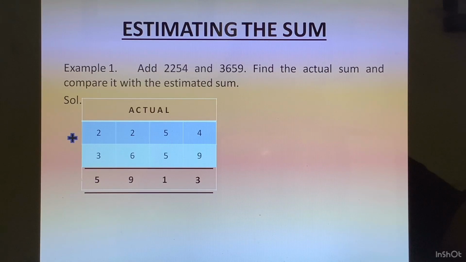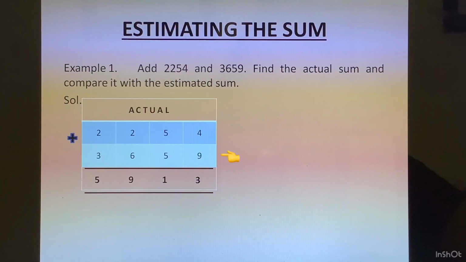Now we have to write the estimated amount. Now look at the first number, 2254. Here in this particular case, thousands is the leftmost place value. So we will just keep the thousands digit. Everything on the right of thousands place we will convert to 0. So 2254, we will concentrate on the 2 at hundreds place and compare it with 5. 2 is less than 5. So when we round off this number, we will get 2000.